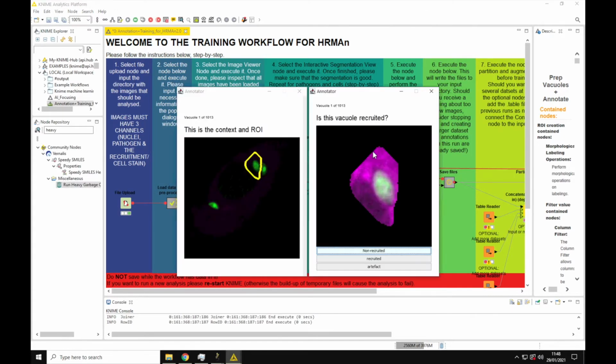Okay, as you can see now, when this part of the analysis is running, at some point these windows will open, which can then allow you to annotate your images. What you see, overall 1013 vacuoles have been detected from our 160 original input images. And the program shows you the crop of the image with the pathogen and the stain, and the context ROI